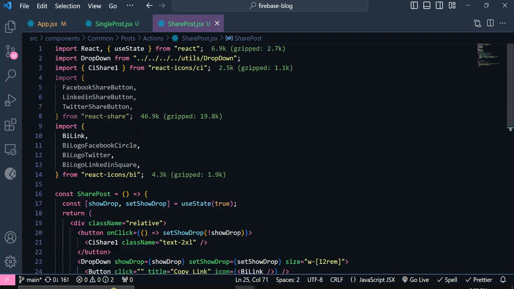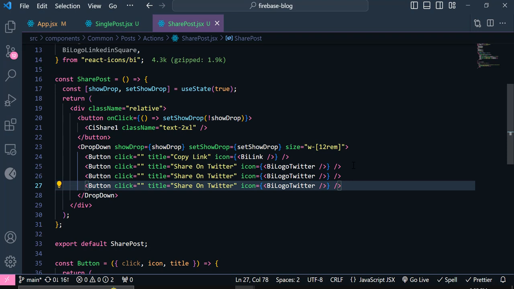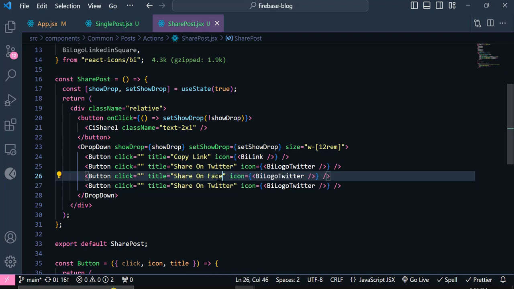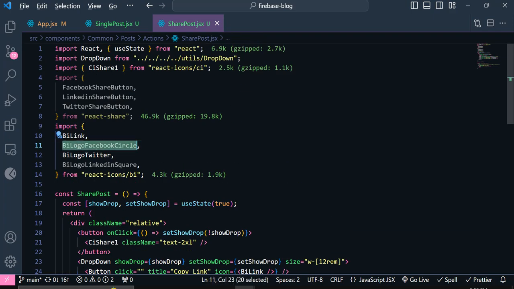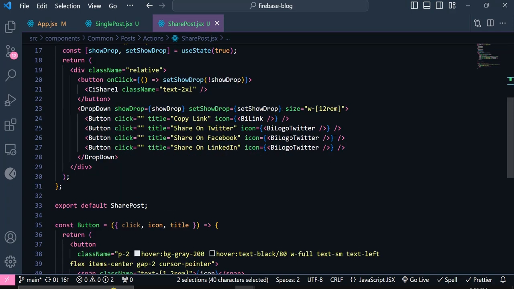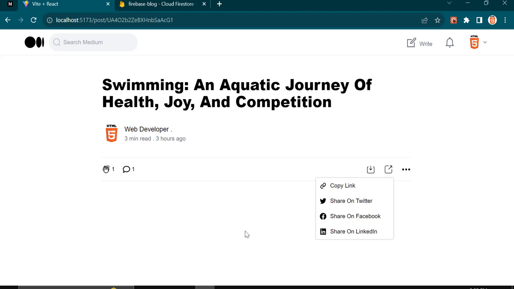Now for this icon, I'm gonna copy this Twitter icon from our React icons. Okay, now let's copy and paste it two times. This one should be Facebook, and this should be LinkedIn. Now let's copy their icons here. Okay, as you can see, here are our icons,